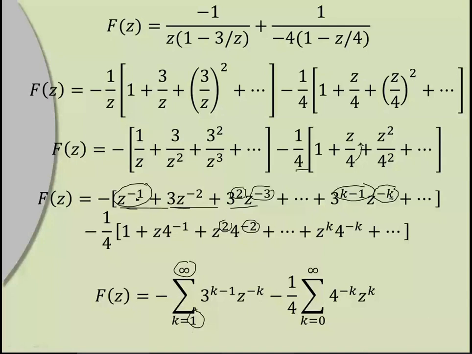How to decide the limits of k? We have to decide the limits of k by looking at these terms. Check for which value of k we get the first term. Check for which value of k we get the second term, third term. Like that, we have to take the limits of k based on these terms.